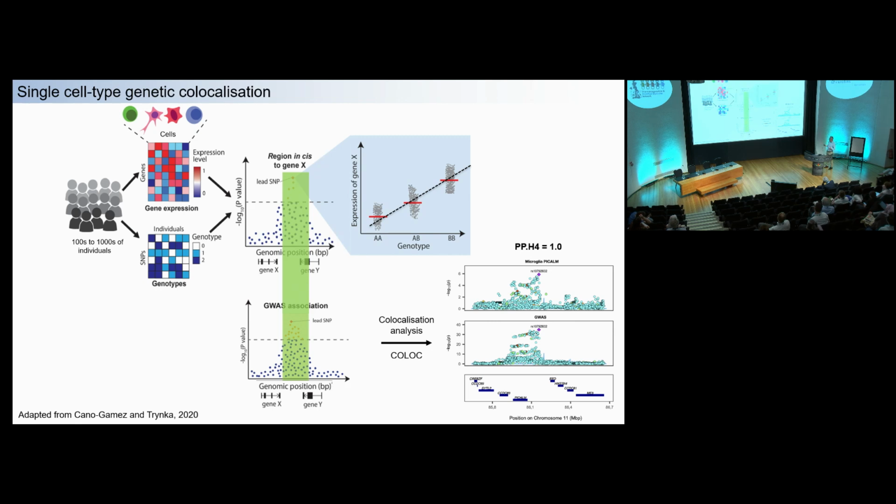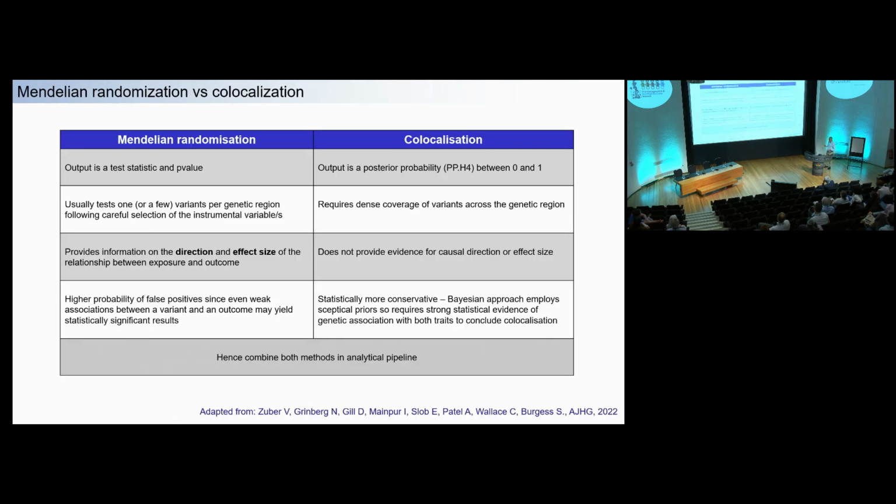And so intuitively, this alignment or co-localization would implicate the genetic regulation of PICALM in microglia with susceptibility to Alzheimer's disease. So it's clear that MR and co-localization are two approaches to inferring the causal relationships between exposures and phenotypes,